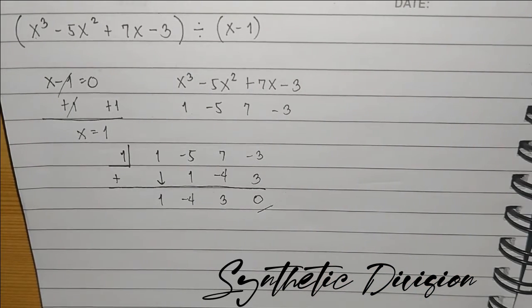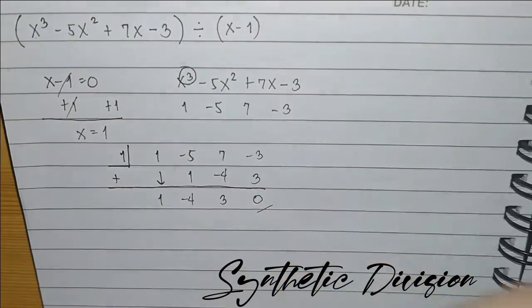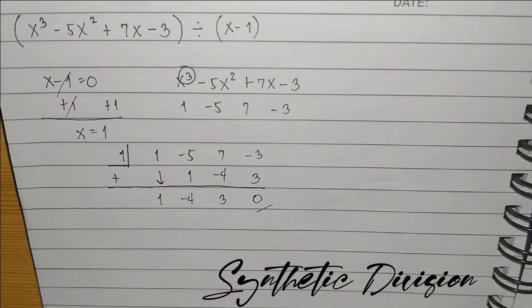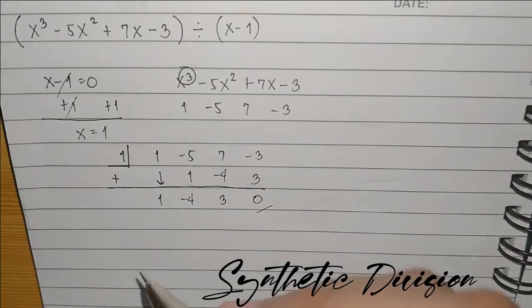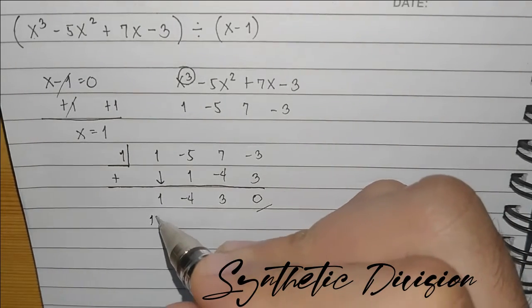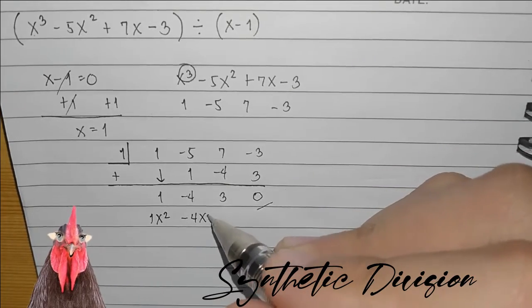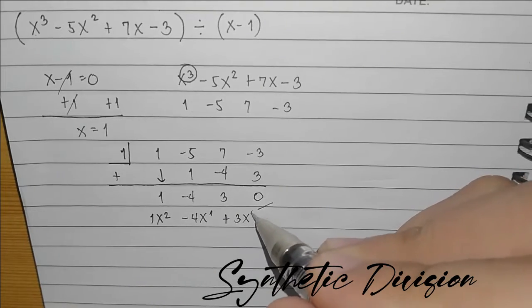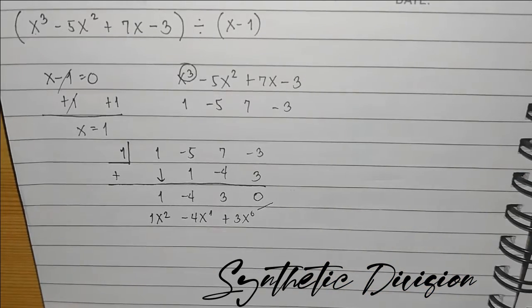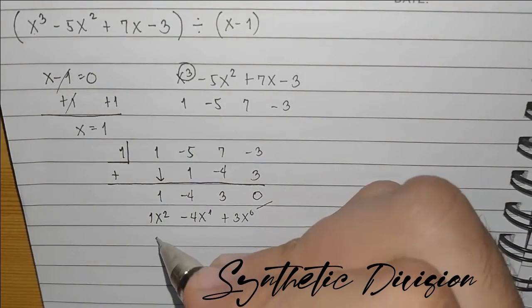And paano naman natin masulat yung quotient nito? If we have here a degree of 3 doon sa ating dividend na polynomial na x cubed minus 5x squared plus 7x minus 3, ang magiging quotient natin, mag-uumpisa tayo sa degree 2. Ibig sabihin, 1x squared minus 4x to the first power plus 3x to the 0. Okay? So, sa ganitong pagkakataon, ang pwede natin gawin dito, instead of writing 1, pwede na lang siyang maging x